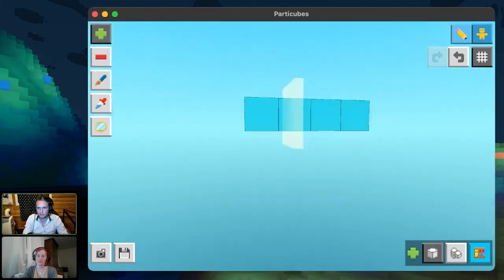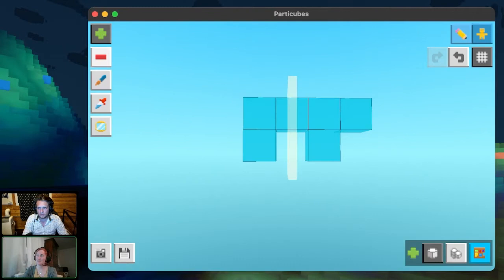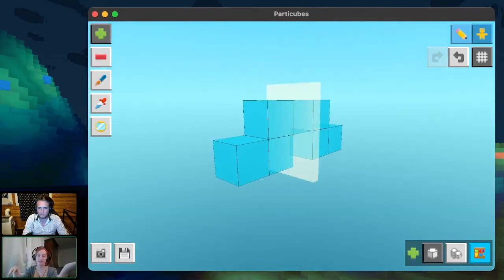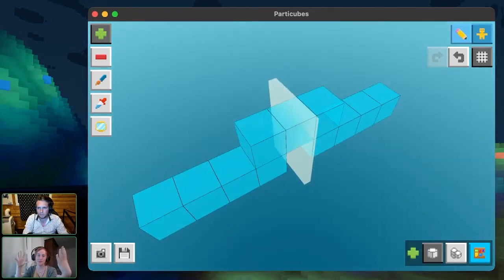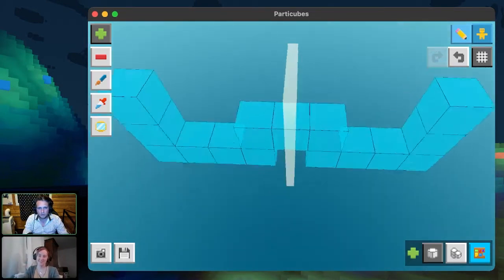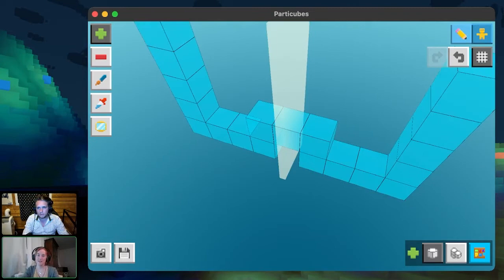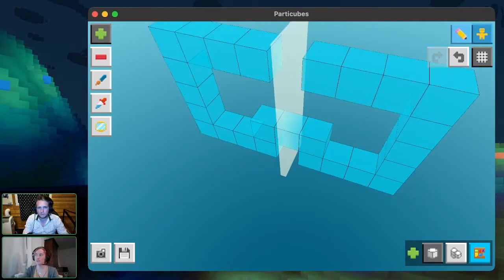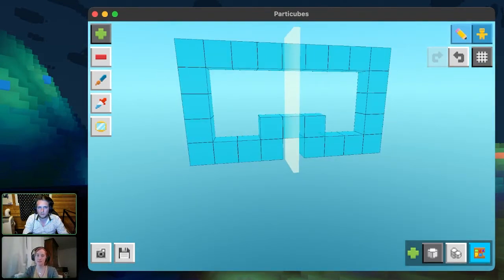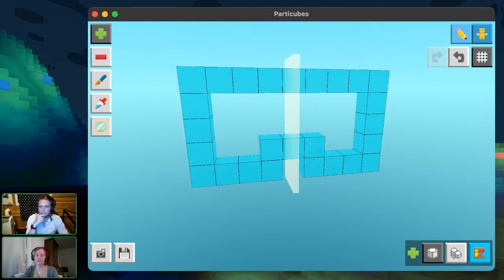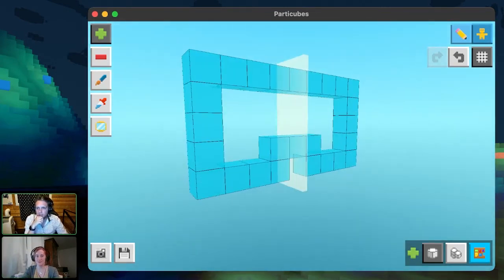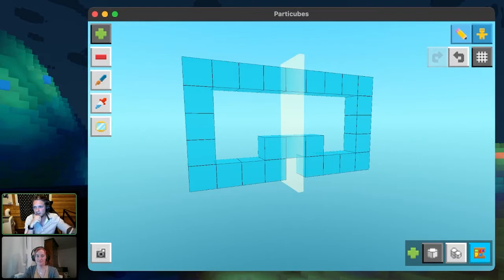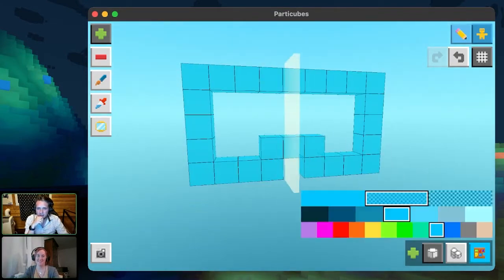This way. Yeah, so one cube added on the side is also added on the other side, like a mirror. And especially for maps building, it's very practical. Yeah, like if you want to build a big house, you have the other side built all at once. So here, I'll use the transparency here,